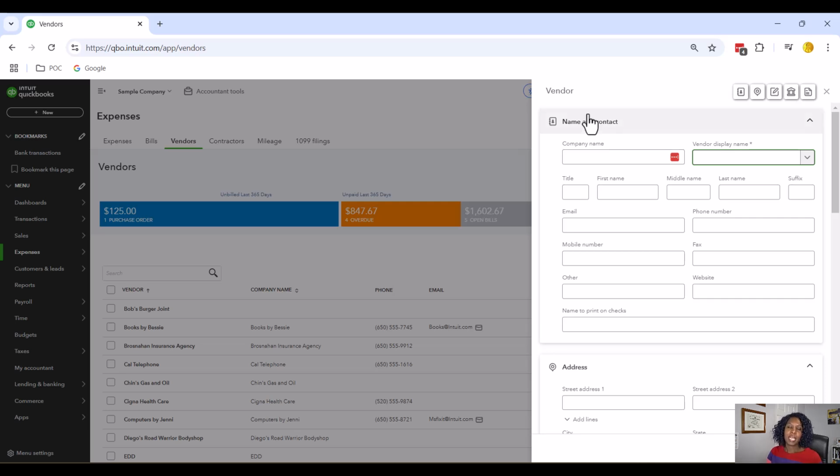Now, when setting up a vendor, I always have two questions in mind, and those two questions are: is the vendor a 1099 or potential 1099 vendor? Or if you're using QuickBooks for bill pay, will I need to gather ACH information in order to pay this vendor? Okay, so let's look at